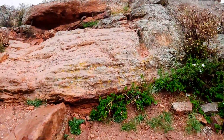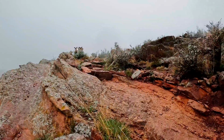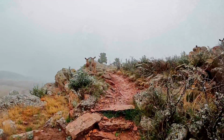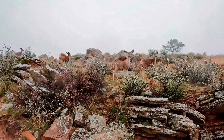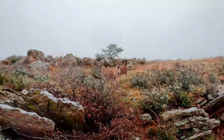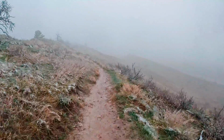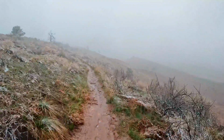Approaching the top, and looks like there's some deer. Oh, the little guys. Hello. I typically see more deer than humans out here, especially early in the morning. So usually when you come up to the top of this ridge, you're approached with amazing views, but today with